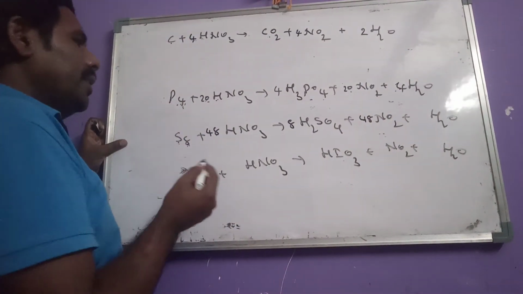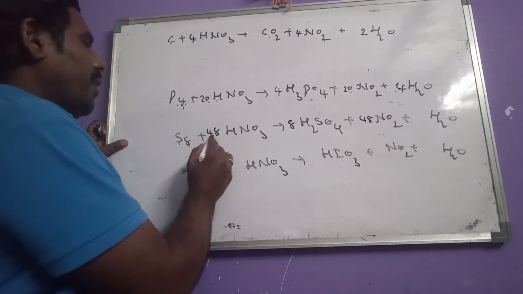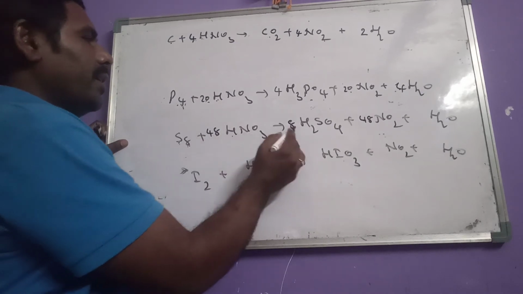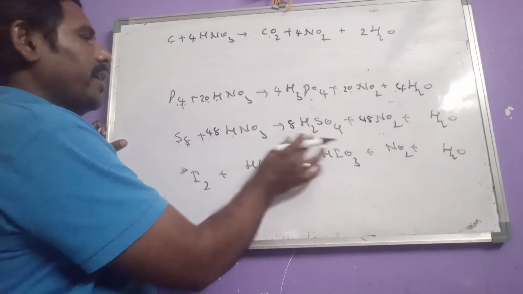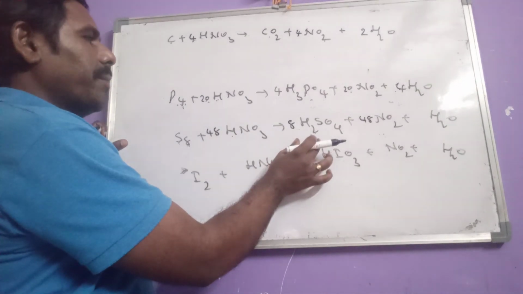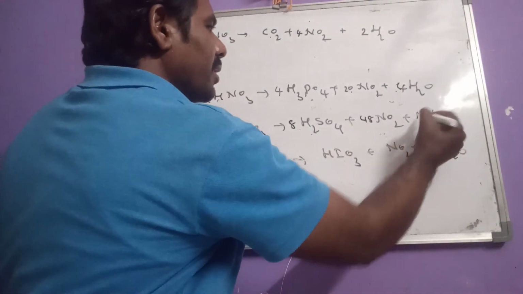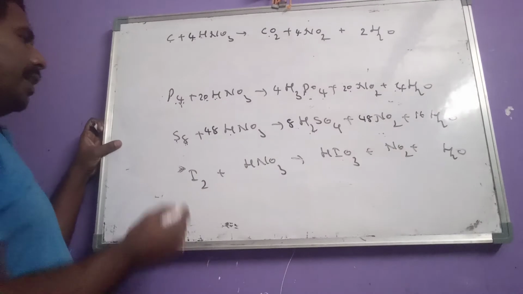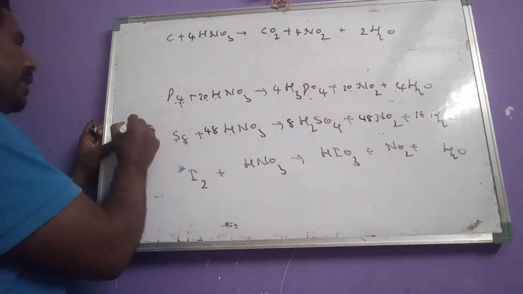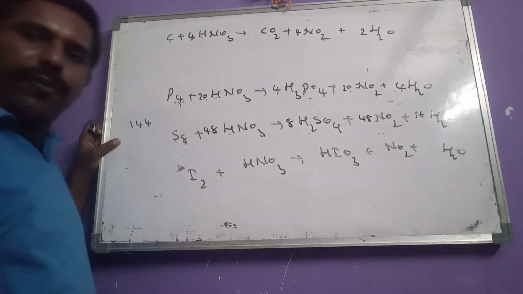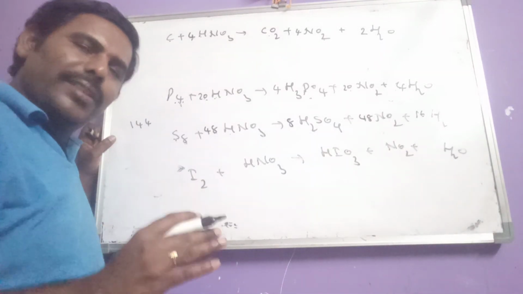And then okay, now we have to balance which one? Hydrogen atoms. 48 hydrogen atoms here, already 8 2s are 16 gone here. Out of 48, 16 gone means how much remaining here? 32. 32 means we have to write 16 H2O. Let us consider now oxygen atoms. 48 3s are, don't worry, 144 oxygen atoms.